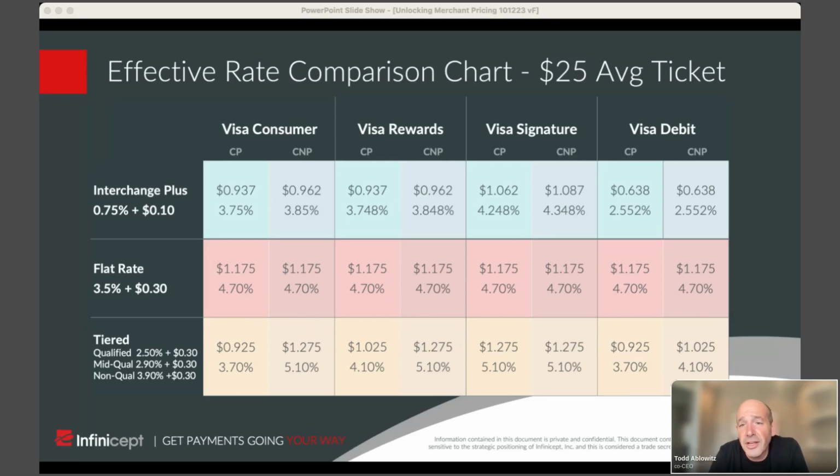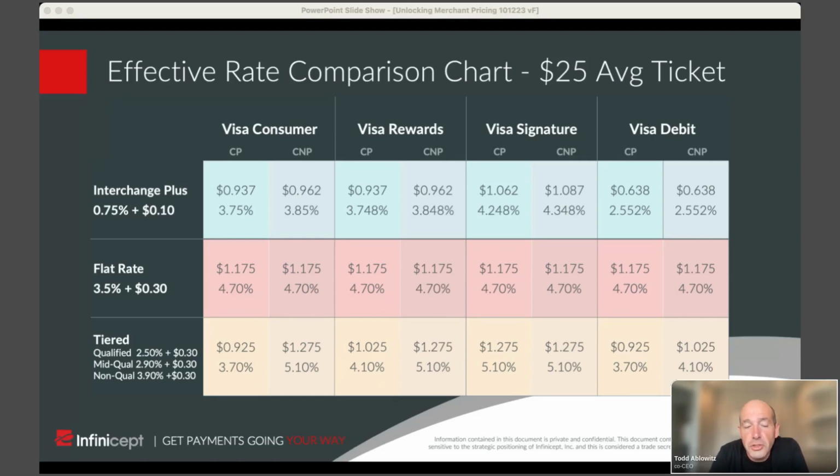Because you're going to have a lot of these transactions. Like my old boss, I worked at First Data early in my career, and the CEO of First Data used to have a saying: anything times a billion is a big number. So we hope we all get to billions of these transactions, and you're going to want to count those tenths of a cent. Okay, tiered pricing.